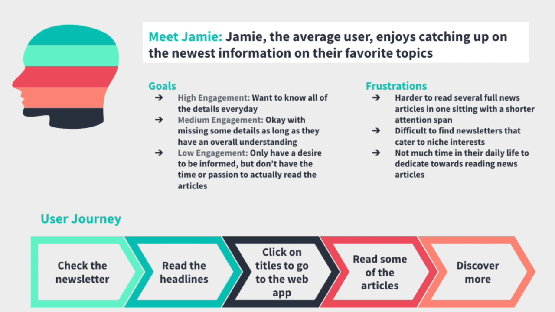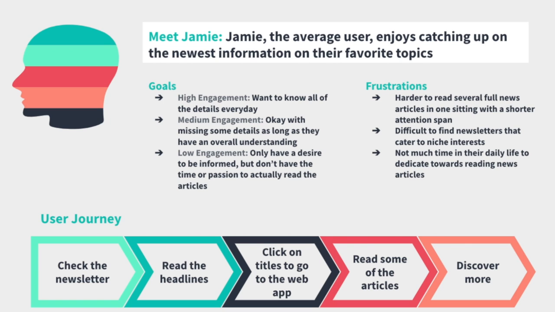Jamie, our primary persona. Bulletin is a personalized newsletter that allows Jamie to select their preferences and have all of their favorite topics that they can get newsletter recommendations for. Jamie is usually a user that has either a short attention span or doesn't have a lot of time to read a bunch of news articles every day. And Bulletin provides all of their favorite news articles in a very centralized location.